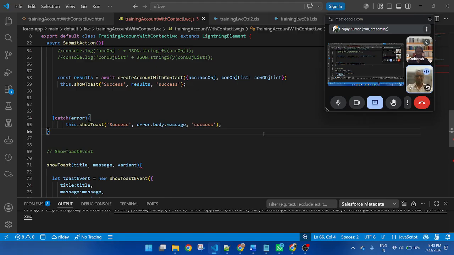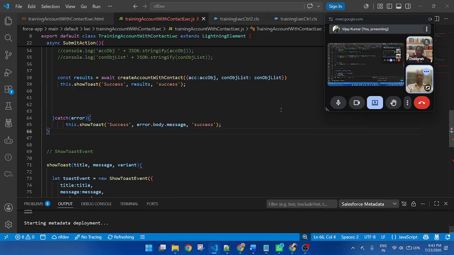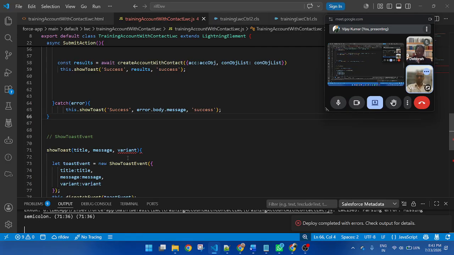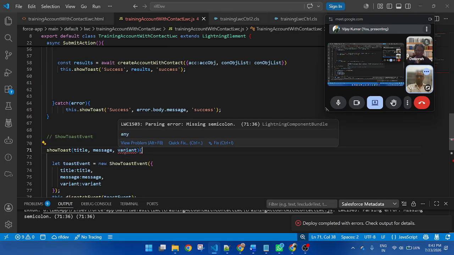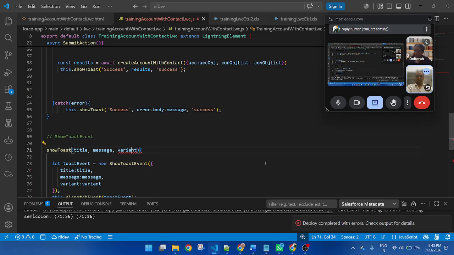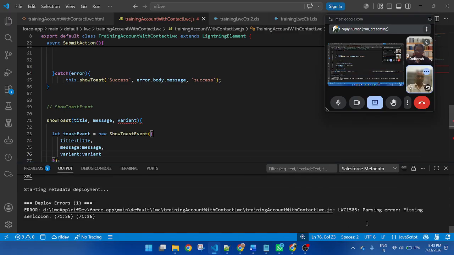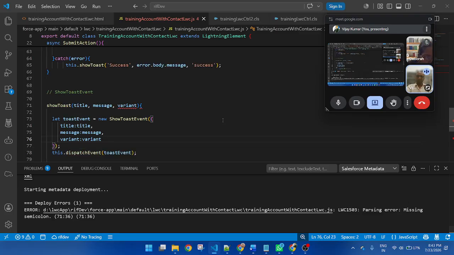Okay, now let's save and deploy the code. Spelling mistake. Semicolon.